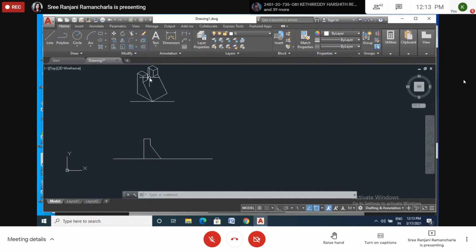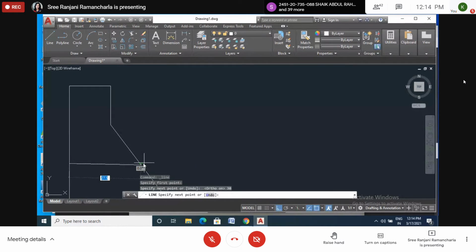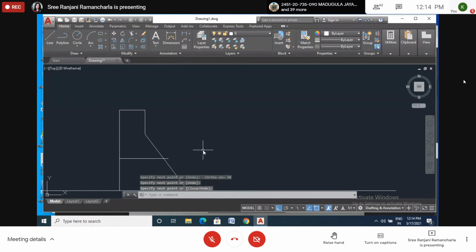Depth is 30. So here I will draw the 30 again, from here, downwards. Okay, 30 I got. Then I will cut this line here.